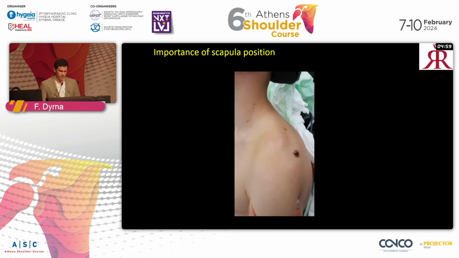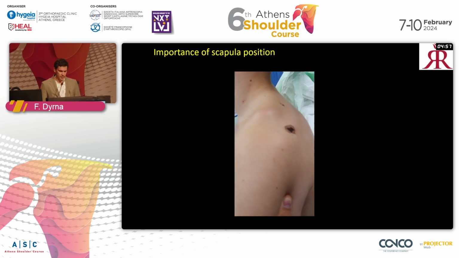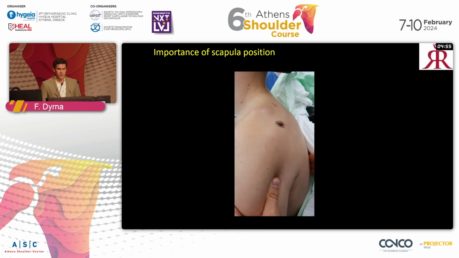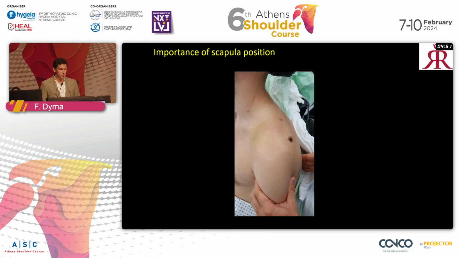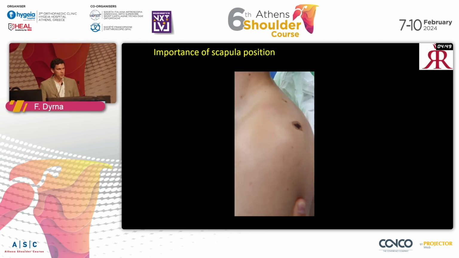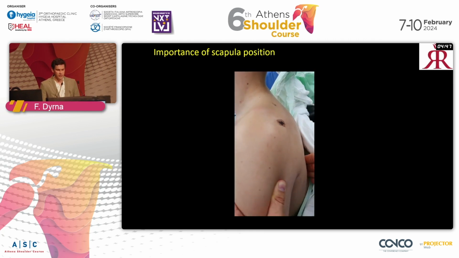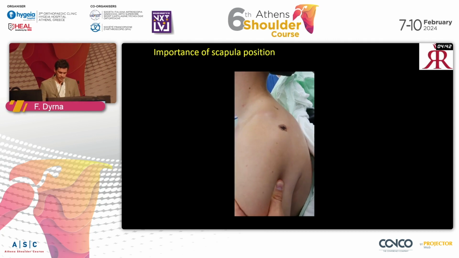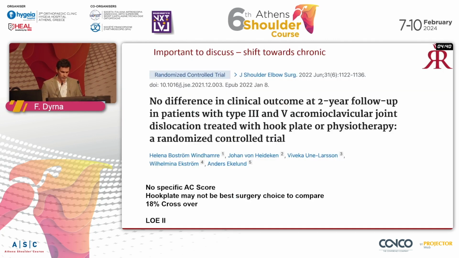Just to show you this in a clinical example, you can reposition the AC joint just by pushing on the backside of the scapula in order to reposition or retilt the scapula, and this is also something to decrease the CC distance, and it's important for the scapular function afterwards. And then we have a little bit of literature on the AC joint, and especially for the type 3 injuries